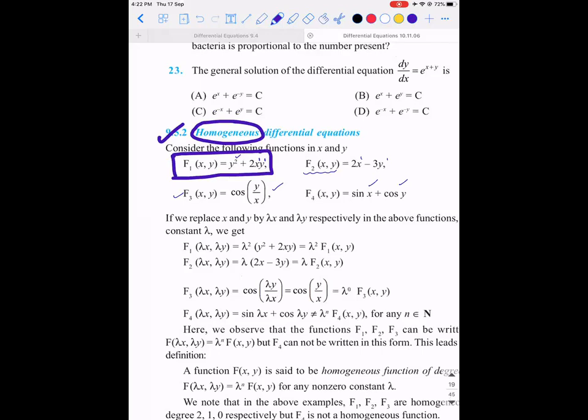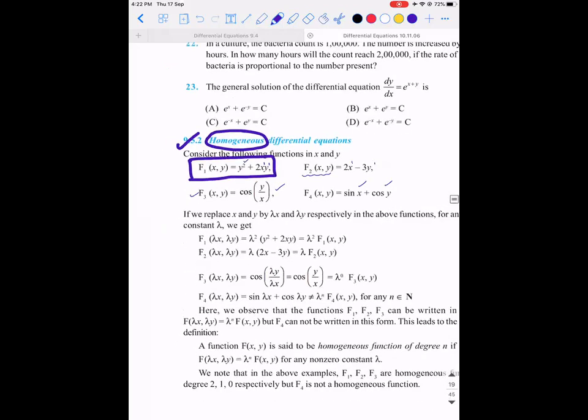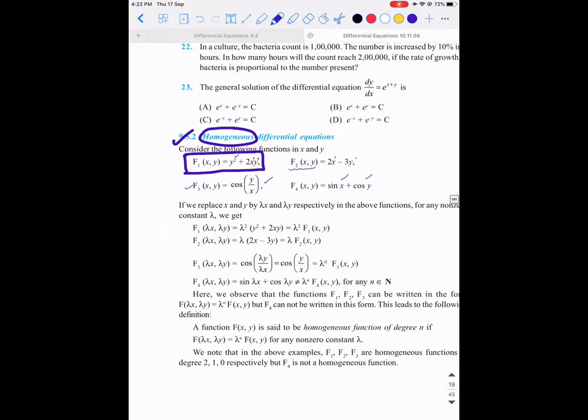Okay. So every time what we can do is, if you observe the equation, if the sum of all the powers of the variables used in the expression is the same. Okay. For example, y square is one term, 2xy is one term. The sum of both is an expression.